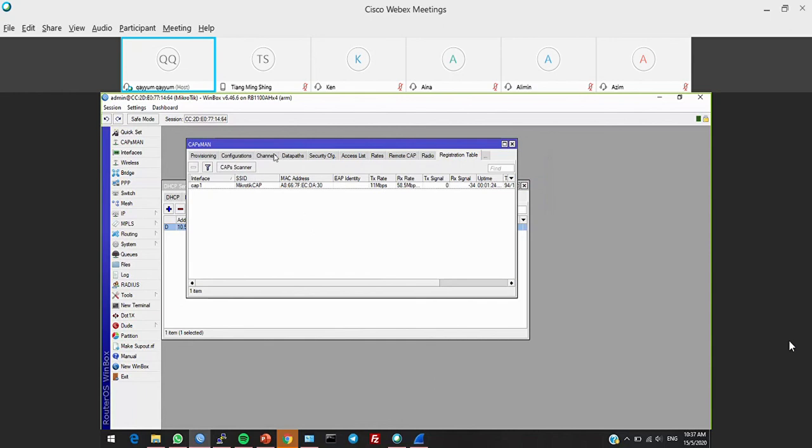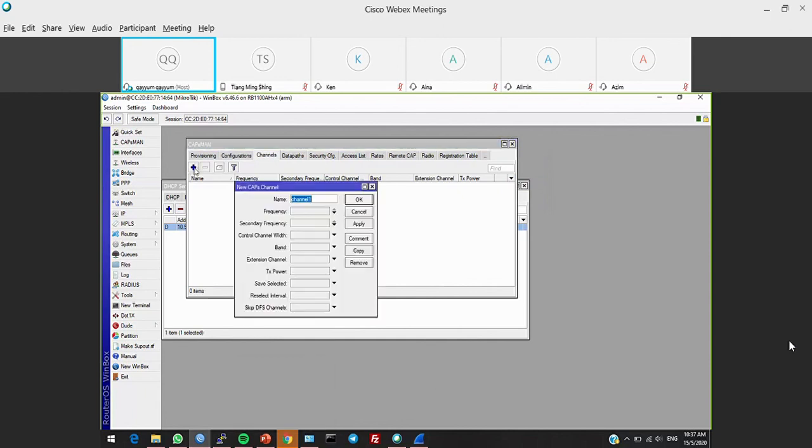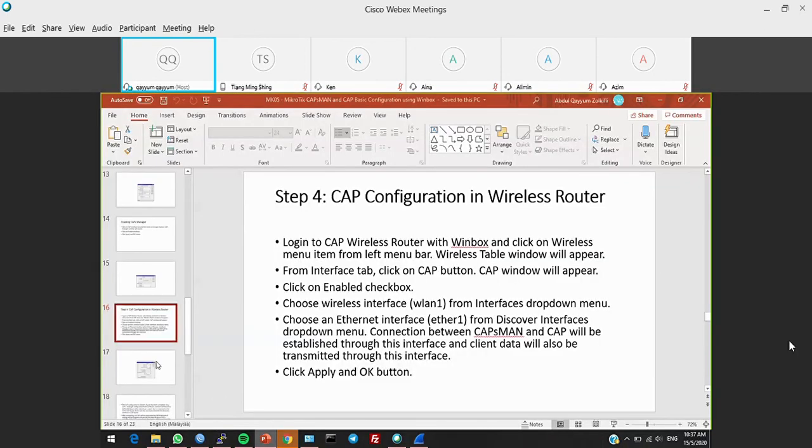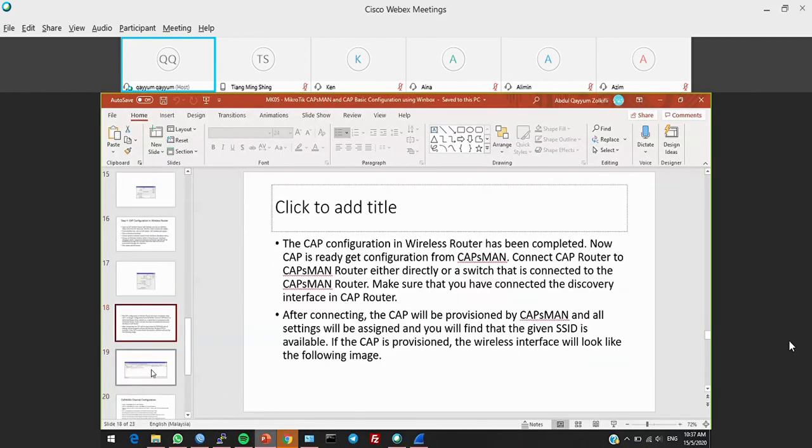Also, if you have multiple CAPs and you want to plan the channel, you can also plan the channel. You can add a channel. If I want to have a different channel on my CAP, let me just show you.